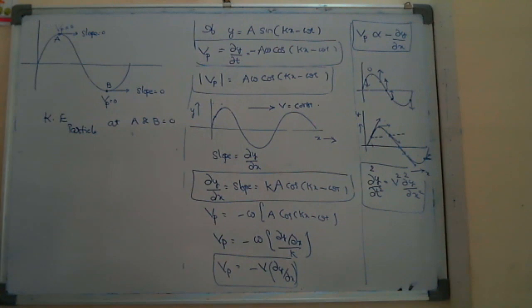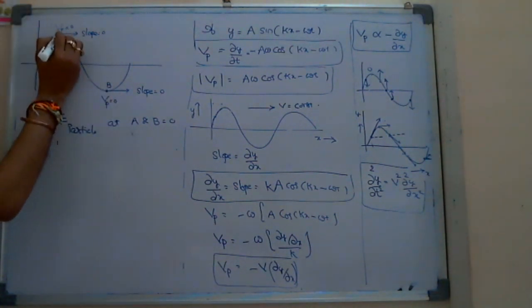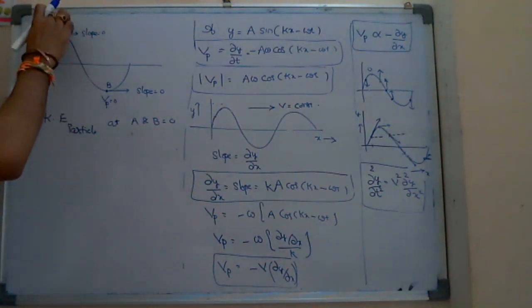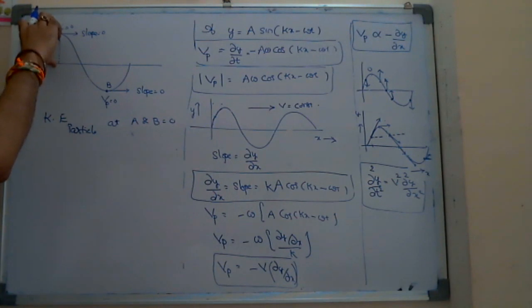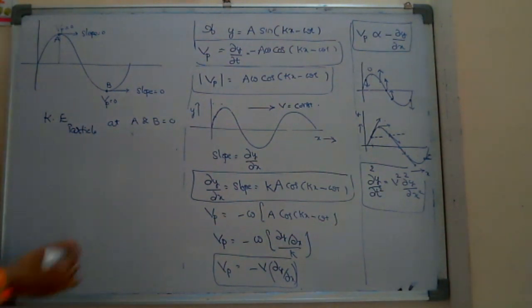At those points, if you ask the potential energy, it is the potential energy by virtue of height. So the wave from this concept can be understood: even though kinetic energy is 0, it possesses some energy in the form of potential energy. So here also it is a concept related to total mechanical energy equals potential energy plus kinetic energy.